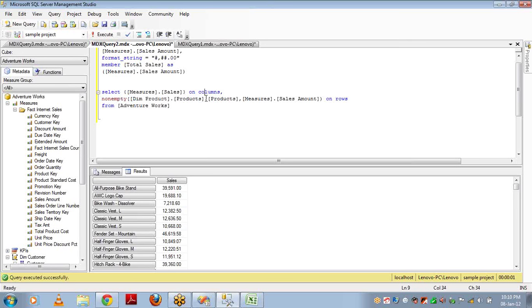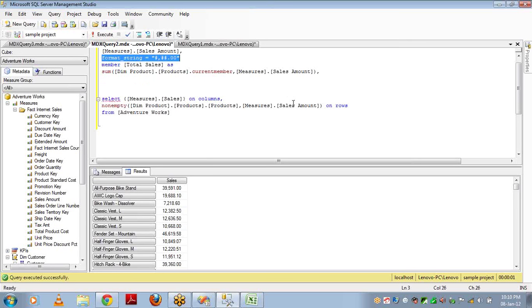If I give current member, let's see what is going to happen. Current member dot Sales. I want to get the sum of current member Sales, and again I'm taking the format string of the same one, similar one. So I will call this new measure in my columns.